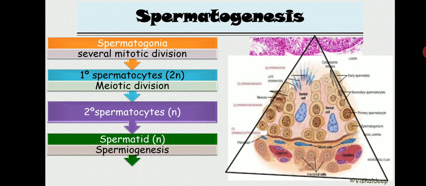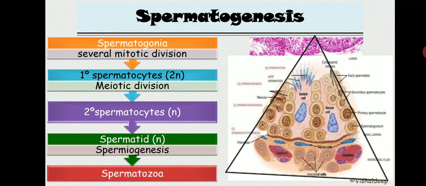After undergoing spermiogenesis, spermatozoa will be released. Now in this slide I would like to mention one more thing, that is spermiation. We discussed it with the Sertoli cell, right? What is spermiation? Spermiation is the release of a sperm from its attachment to a Sertoli cell. What is spermiogenesis? Spermiogenesis is the conversion of the spermatid into the mature sperm. And what is spermatogenesis? It is the formation of a sperm, right?